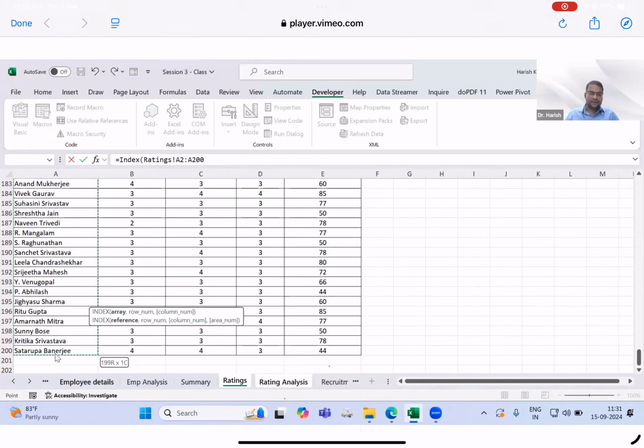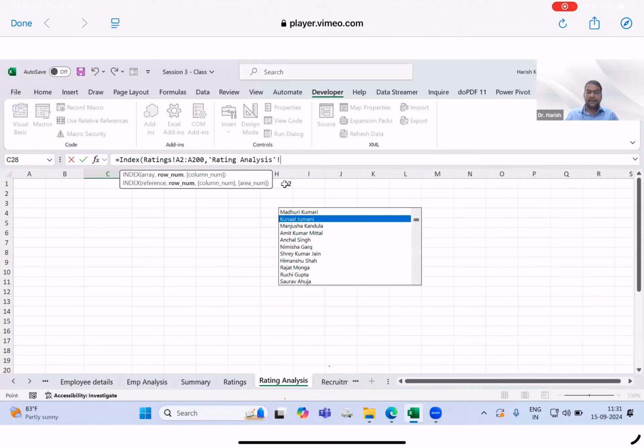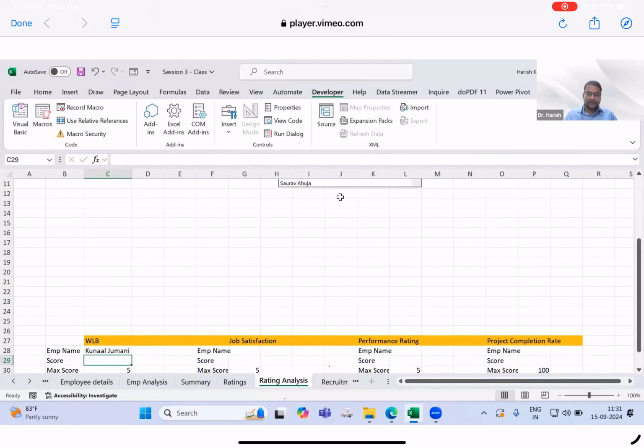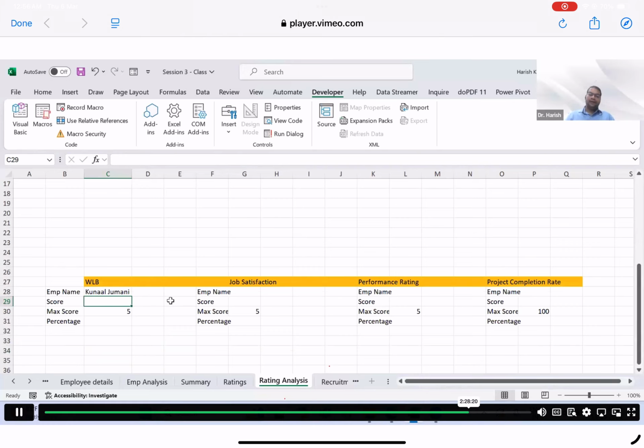Or either this is one time. So I'm just selecting that one. And then it is make a comma. Then it is asking this serial number or row number. So row number should be the serial number for register, or I can say cell link address, right? H1 I have taken this one. Just make enter. So Kunal Jumani is coming here, but now I need to get the value or score of